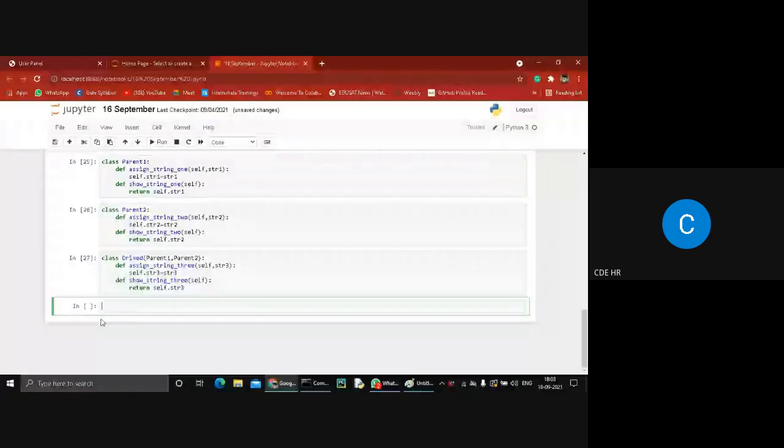Which class? Derived, guys. Does this derived class's assign string contain any string argument or not?